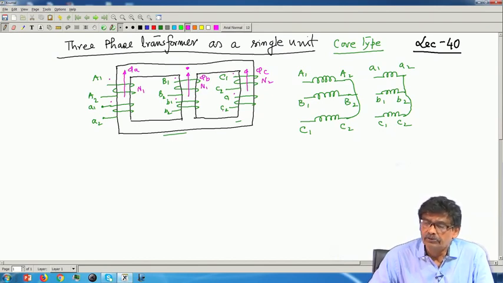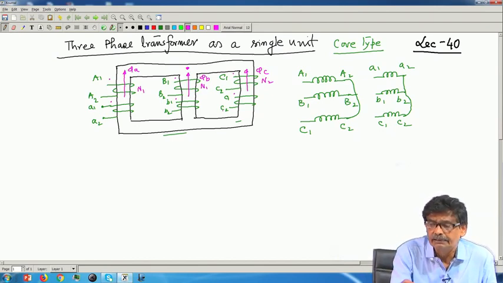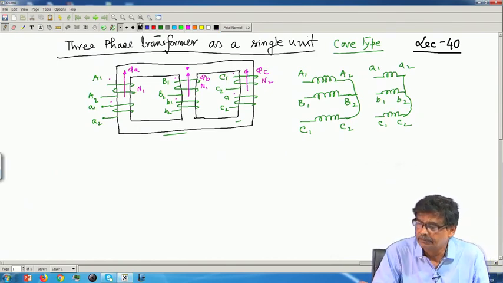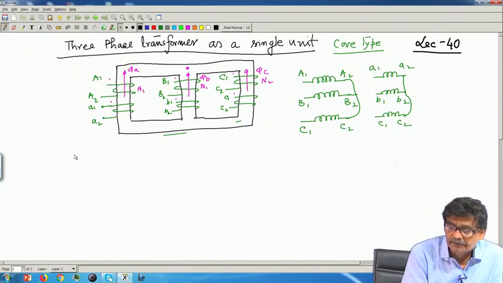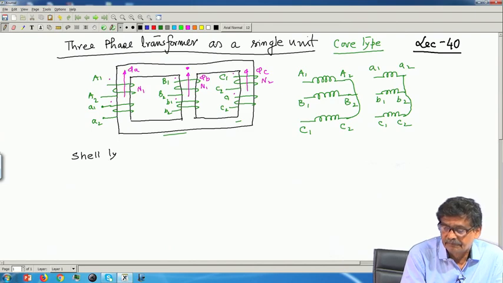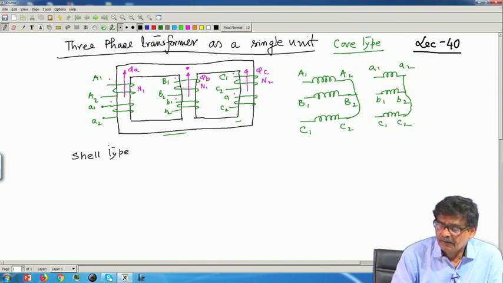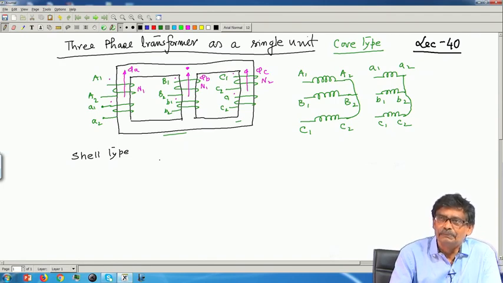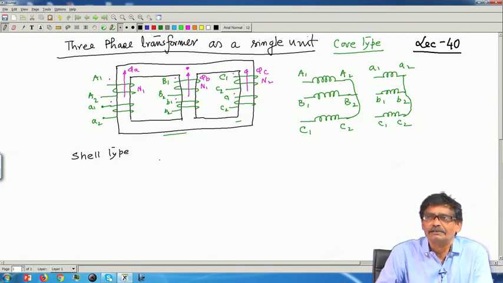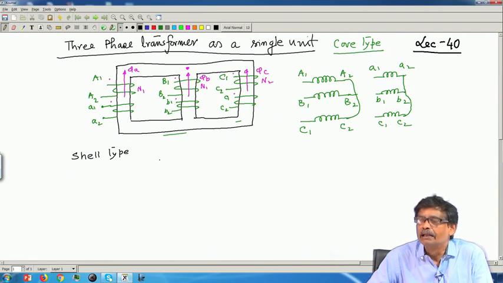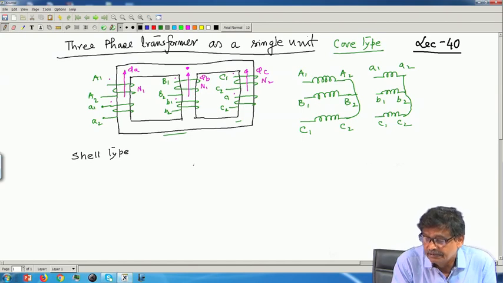But so this is called core type. There is another type of 3-phase transformer possible, that is called shell type. I will just sketch that shell type and write it like this, shell type. Here it is much more symmetric so far as the reluctance path is concerned, and the flux paths are independent. What they do is this, as if you have taken